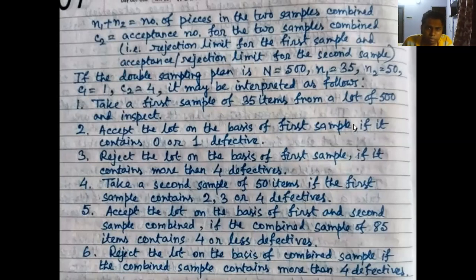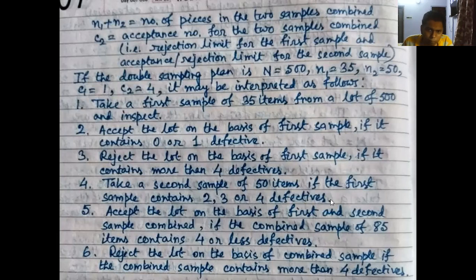But if you get the defective ones in between, that means between 1 and 4, then you can neither accept the lot nor reject the lot. So in that case you need to do another sampling. In that case you will be taking 50 items. Again you will be taking 50 items,